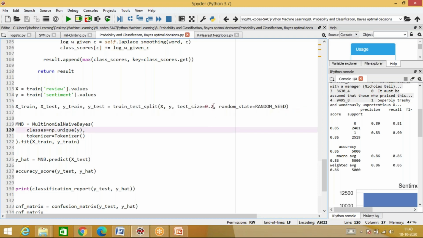Now if you see, we've gone with a split of 0.2. So what this means is that training data is 80% and testing data is 20%. So you can go 70%, you can go 80%, but generally 70% is the standard one. You just change it to 0.3 and then it becomes the standard one.